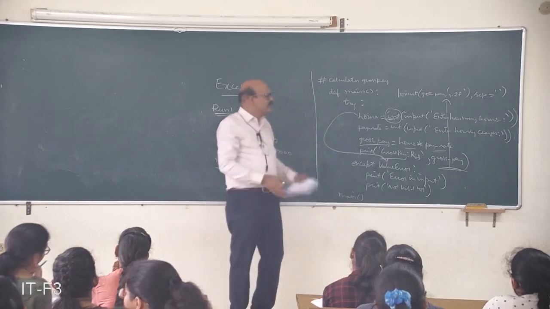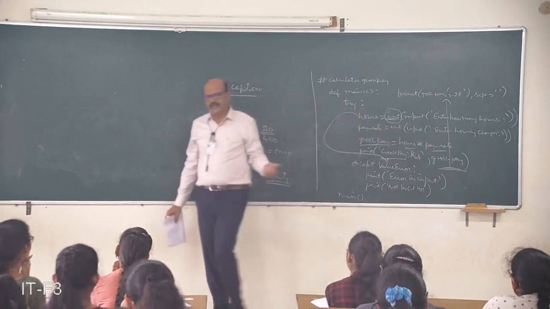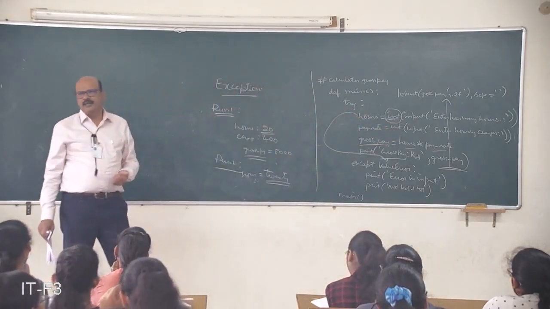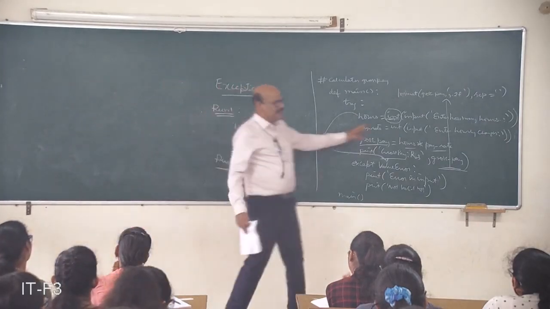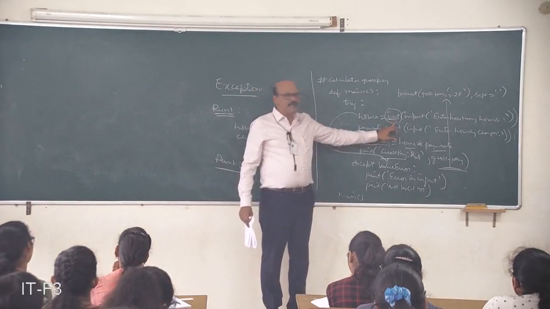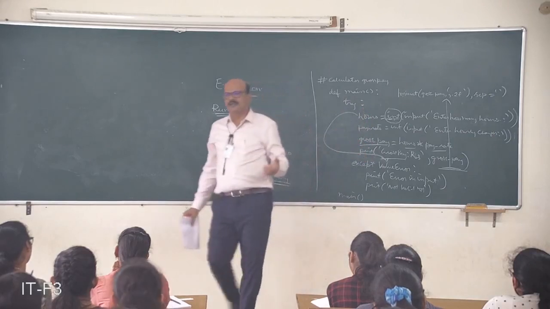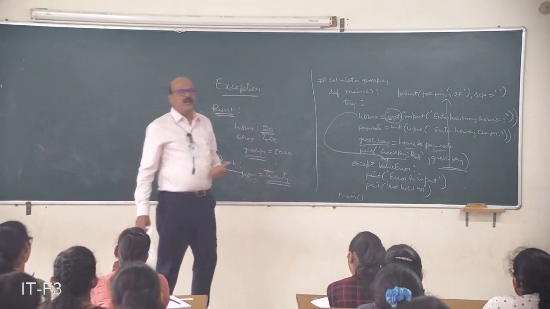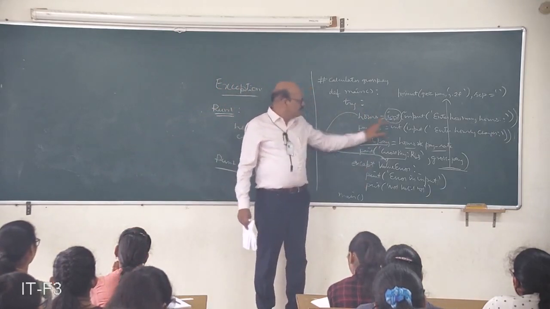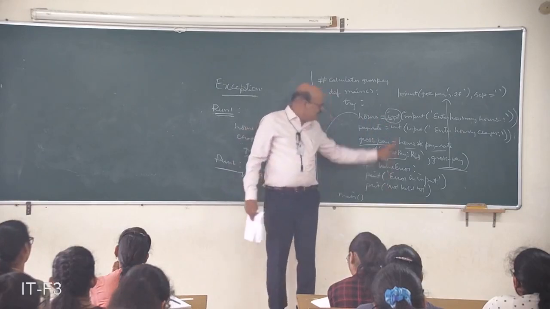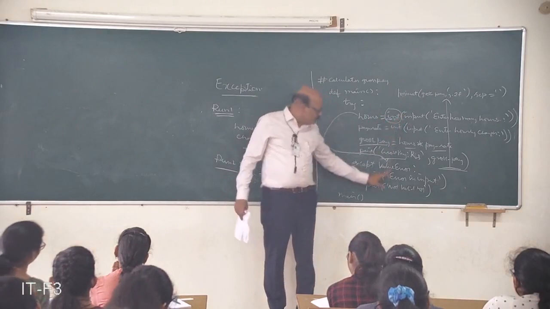In normal cases, if you don't use the try block, this program will abruptly end. It will terminate. But now I don't want the termination to take place. I want to handle the error in a different way. Now instead of abruptly ending this program, inside the try block, if you write a statement which is capable of raising some exception, the control transfers to the except block or except statement. Now value error. So what is the type of exception that has been raised? Value error. So it will come here.